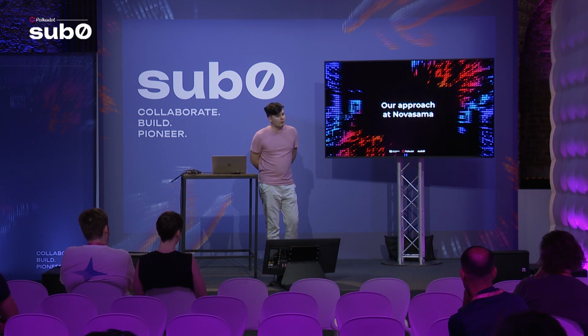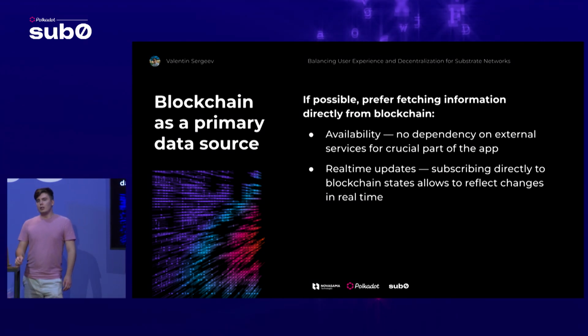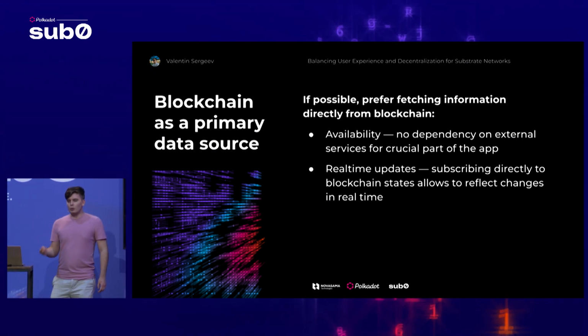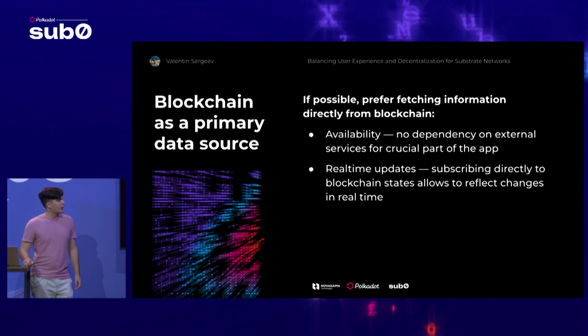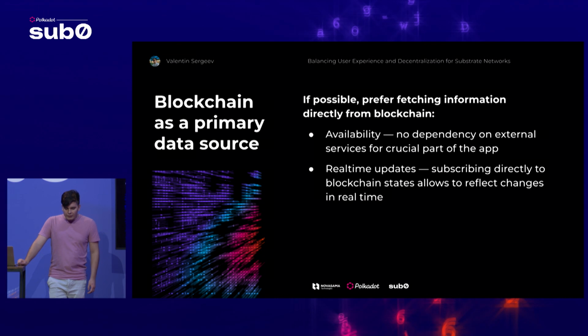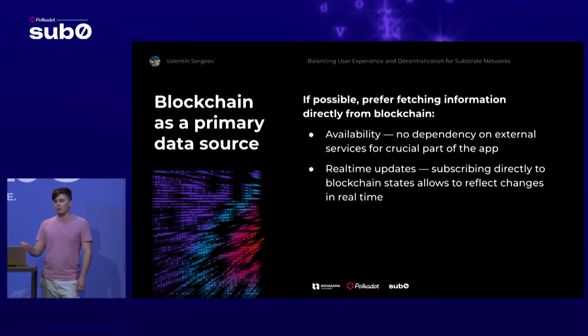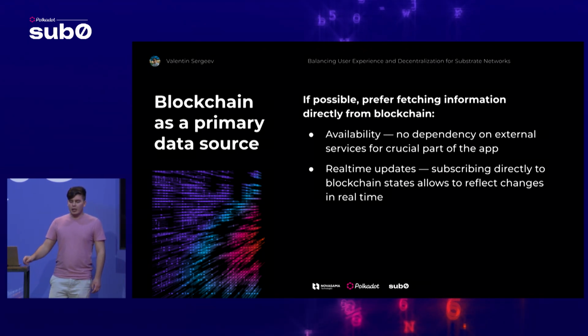So now let's discuss some tips which we use at Novasama and which we developed during our 3-year development experience in Polkadot. So first of all, we use blockchain as a primary source of truth for our applications. It allows us to maintain 2 important quality attributes, which are availability and real-time updates. For availability, our app availability should not depend on external services like price providers